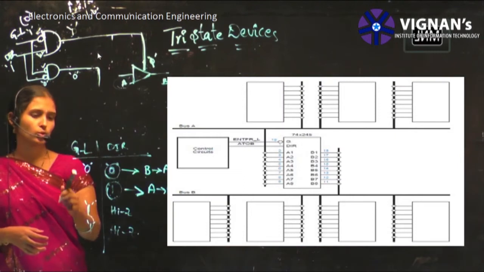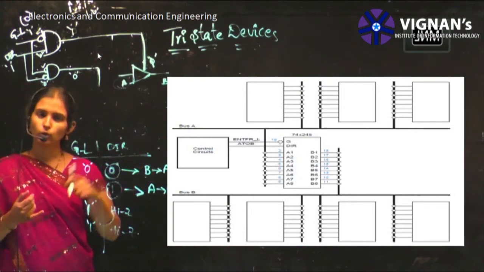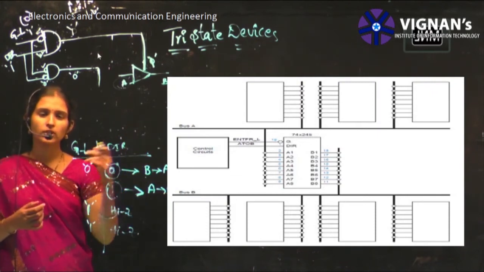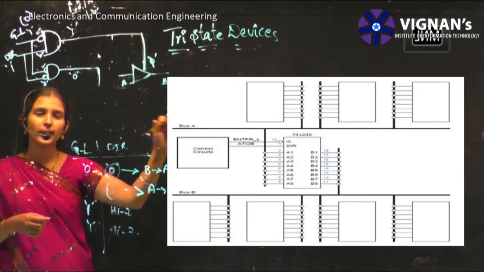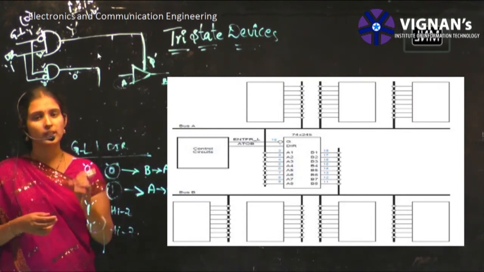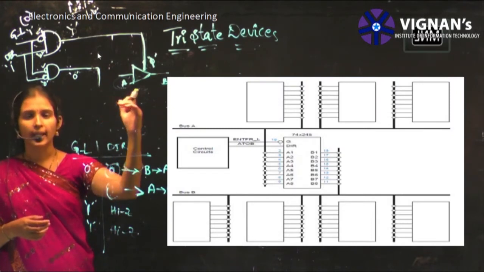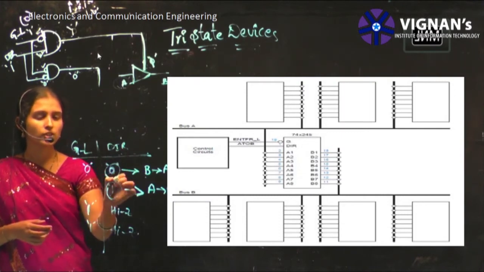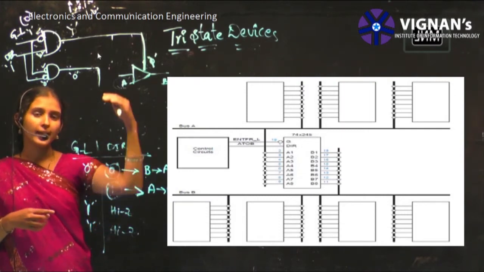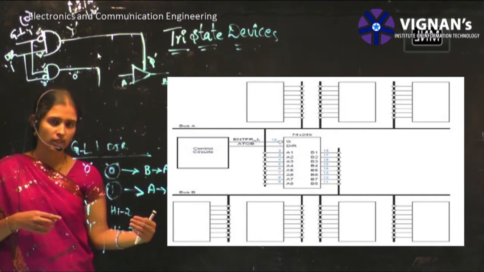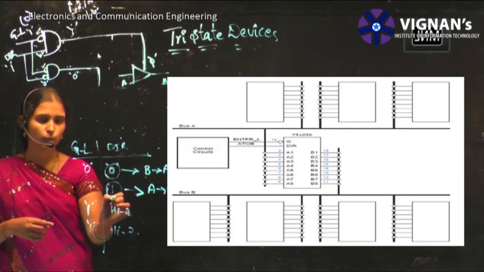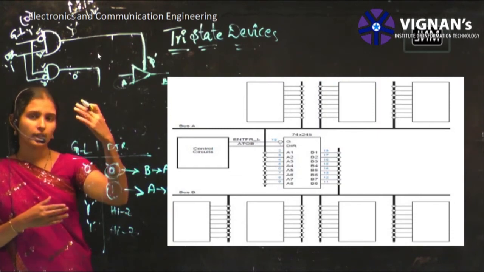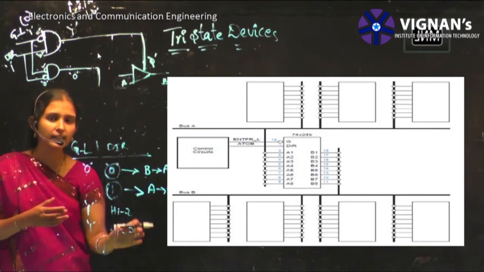From this truth table, we can see that you have control inputs. These control inputs are provided to the 74x541 IC, and there are two buses, bus A and bus B. Suppose the data has to transfer from bus A to bus B, it depends upon your direction value. If direction is 0, the data transfers from bus B to bus A. If direction is 1 and G of L is 0, the data transfers from A to B. Because of the tri-state buffers, you will have 8 tri-state buffers.